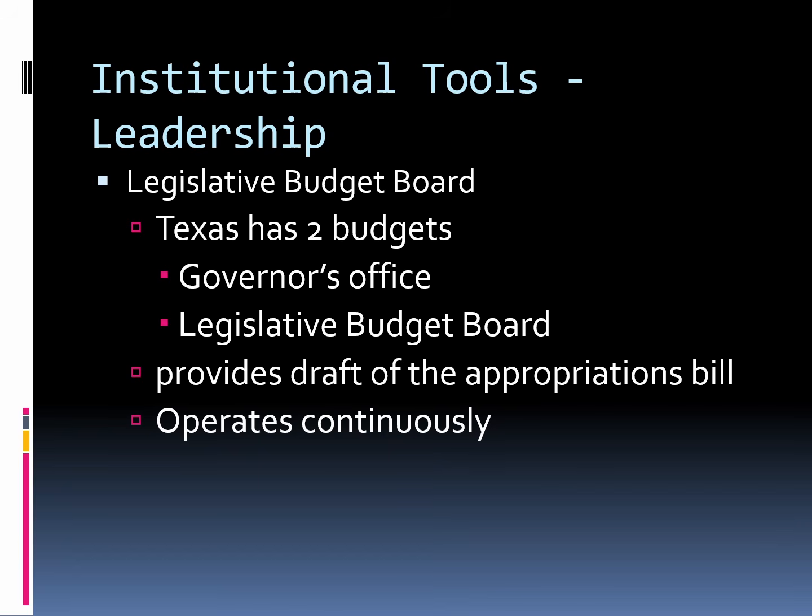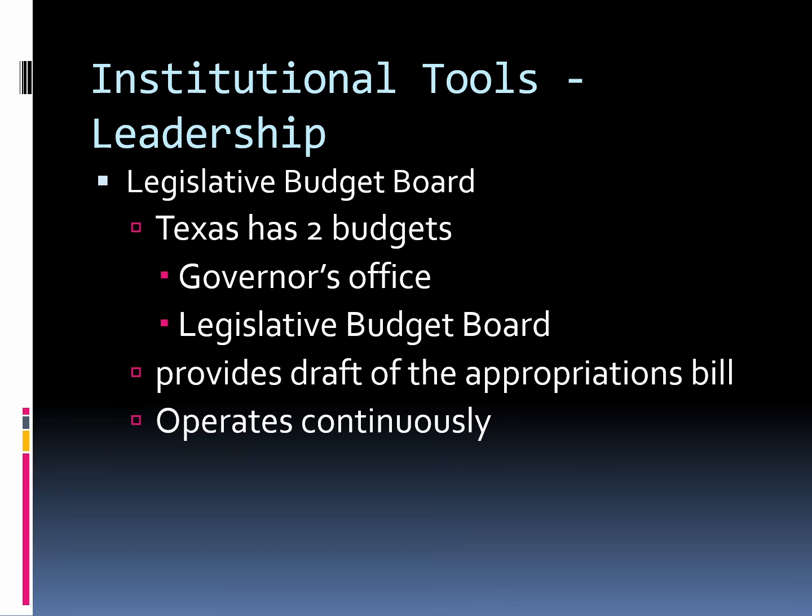And so what happens is this: the legislature meets every 2 years. Before they meet, the Legislative Budget Board contacts all of the state agencies and says, okay, state agencies, you have to let us know how much you're going to need each year for the next biennium, for the next 2 year cycle. So they have to report their requests. We're requesting this much money, we're requesting that much money.